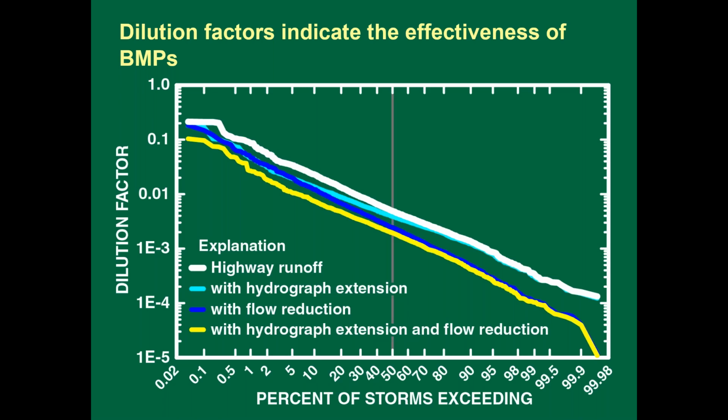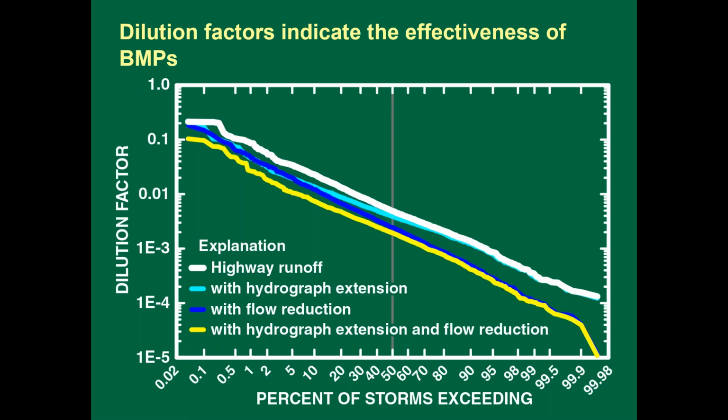We could see that if you could do hydrograph extension and flow reduction, you have a multiplicative increase or decrease in your dilution factors compared to just highway runoff alone. This is just a hypothetical BMP, but you could run different BMPs and see how they affect your